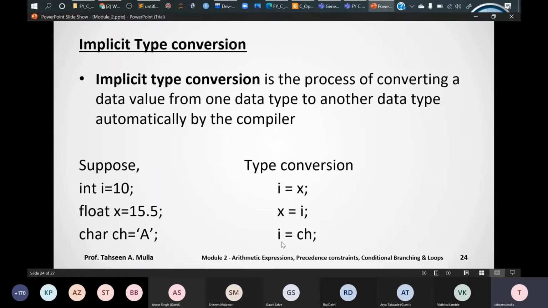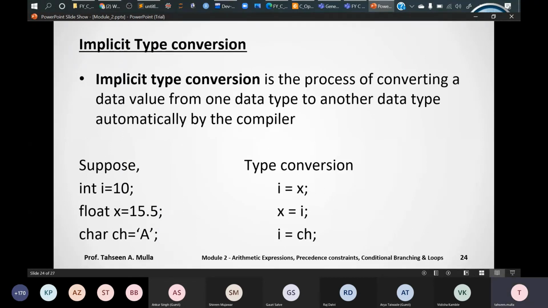In this case, the third case for character, here the ASCII value of ch, what is the ASCII value of capital A? The ASCII value of capital A is 65, right, in terms of a number. So it will be assigned to i. Now 65 is an integer, so there won't be a problem. So all these three examples will be a part of implicit type conversion.